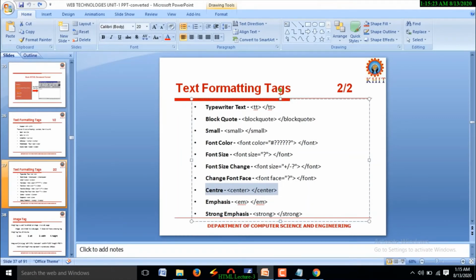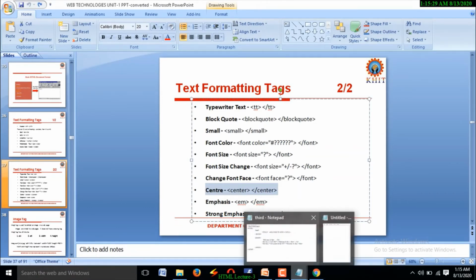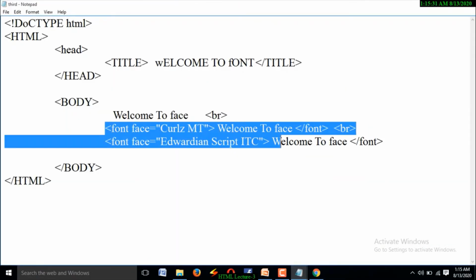is center. If you want to arrange the content in the center, you need to use the center tag. See, if you observe this, by default alignment is what? Left alignment. This is the web page. This web page has left alignment, right alignment, center alignment and justification also, but by default you get left alignment.